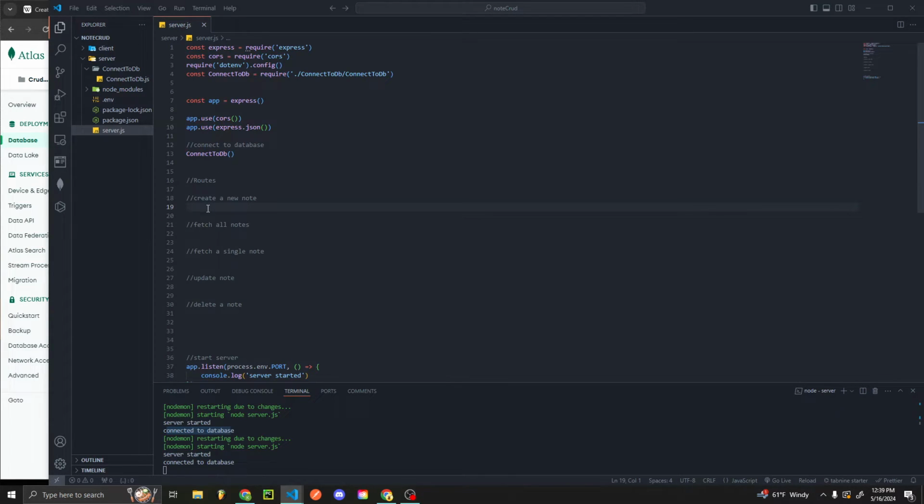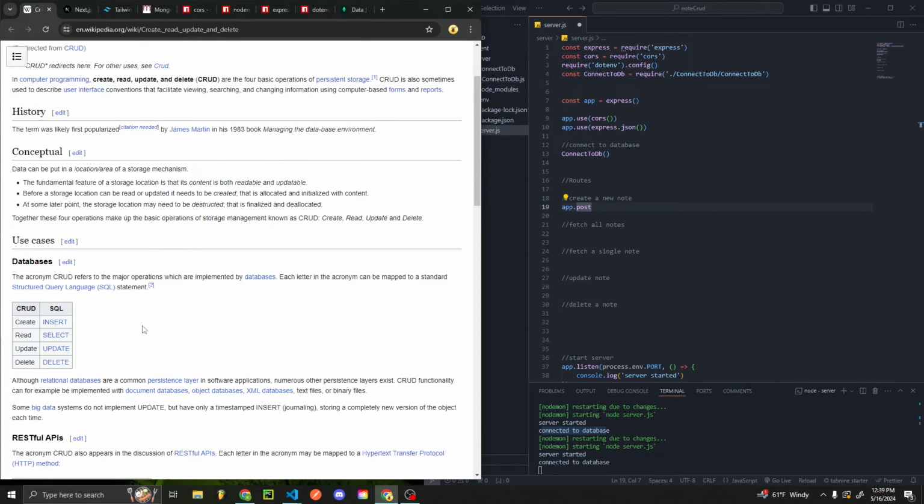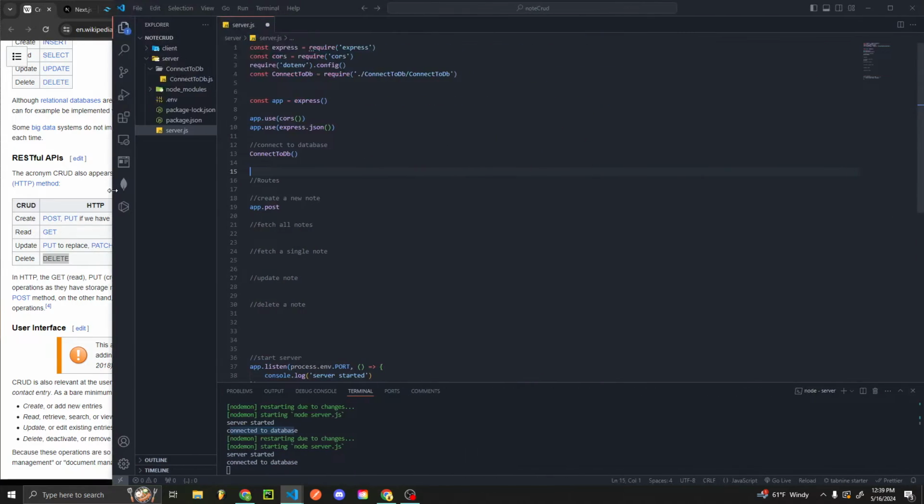So let me just create with app.post, and the post method over here is for creating. So if I go back to our CRUD Wikipedia, we could see that create is a POST or PUT HTTP method, and get will be read, update will be put, and delete will be delete, just like this. So we're going to do app.post to create